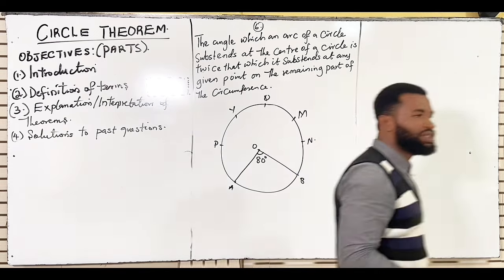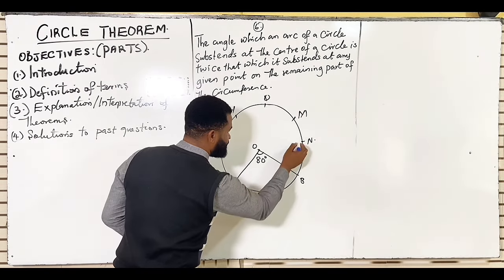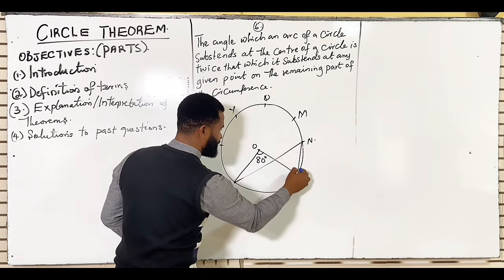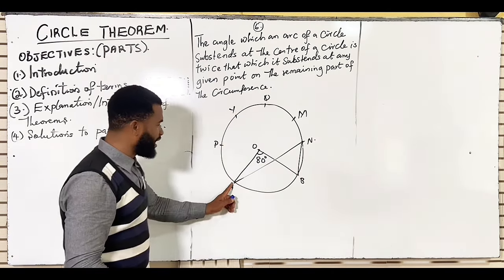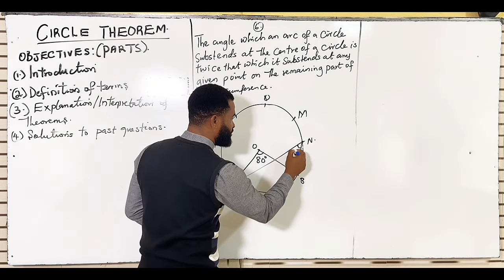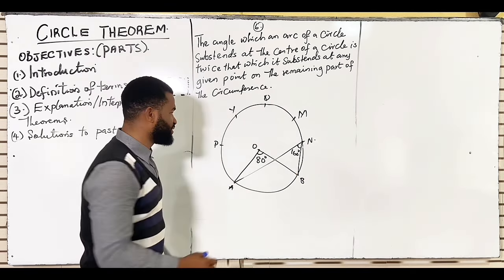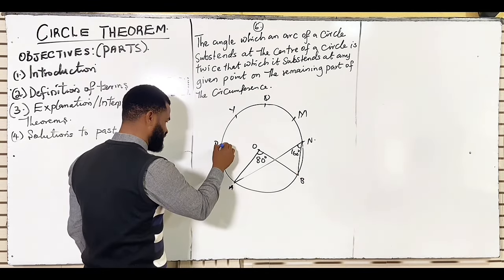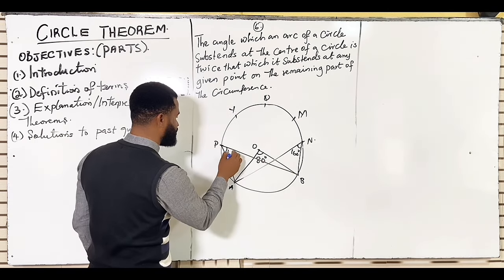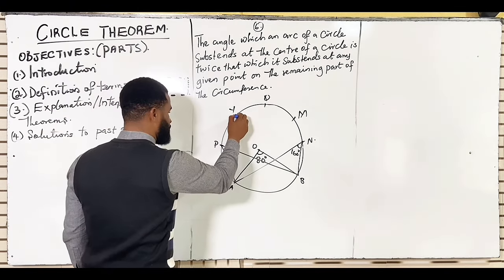If I have a ruler, I need a ruler, okay, fine. You see? So AB has subtended another angle at this point. This angle is going to be 160 degrees because it is on the remaining part of the circumference. Let me assume this is another one. This is also going to be 160, right? So if you are coming from Y,